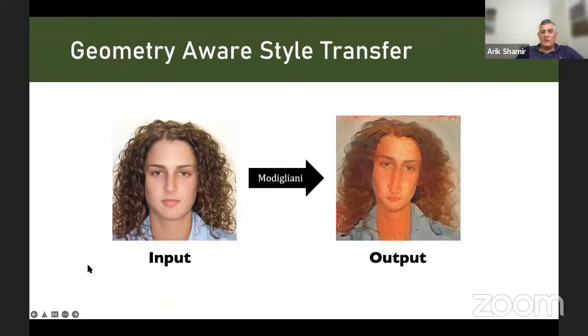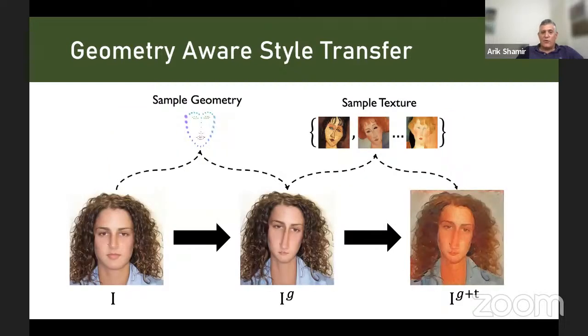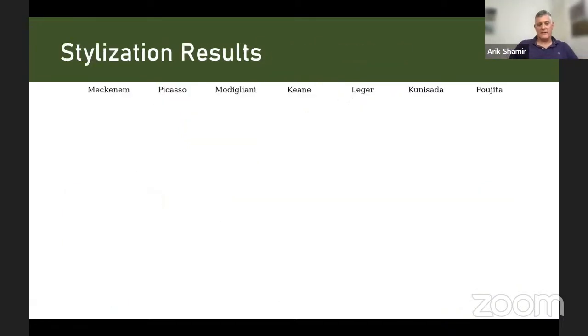Lastly, I'm going to show you the geometry-aware style transfer. So in this case, you take an original image, as I've shown you before, a photograph, and then you stylize it not only based on the color and texture, but also based on the geometry. So what we do is, since we have a model for each different artist, we can sample the geometry of that specific artist and then change the position of the landmarks so that it will resemble more the distribution of that specific artist, and only then use the texture style transfer to actually create something that looks like the image.